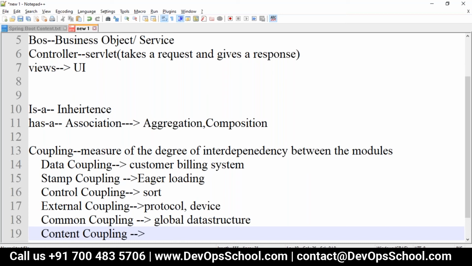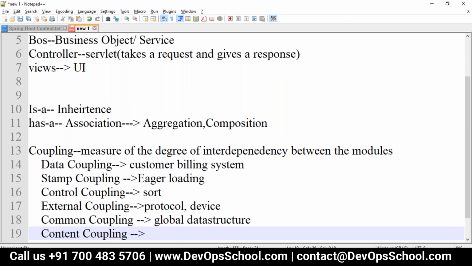If some changes happen to your BO layer, in the BO layer you have written a constructor which takes only this particular parameter, so if your data source is changed, then your BO also has to change because of the content coupling. Content coupling will be the worst case for your coupling, and the best is what we call data coupling.